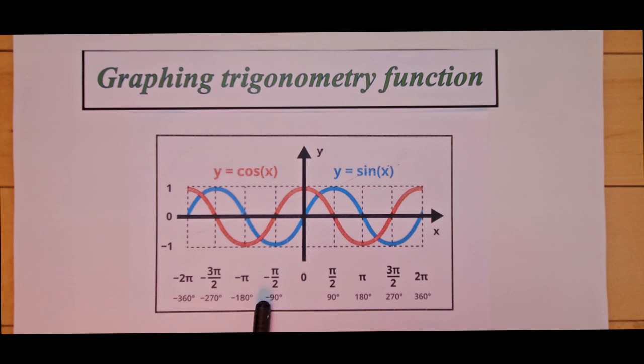In today's video, we will be diving deep into the fascinating world of trigonometric functions. Especially, we will be exploring how to graph the trigonometric function effectively. Whether you are a student studying trigonometry or just someone curious about the beauty of mathematical curves, this video